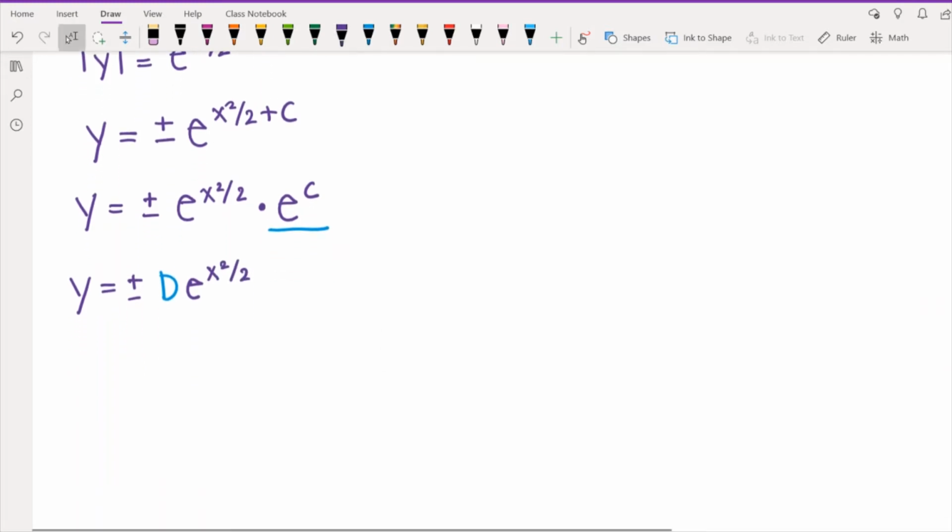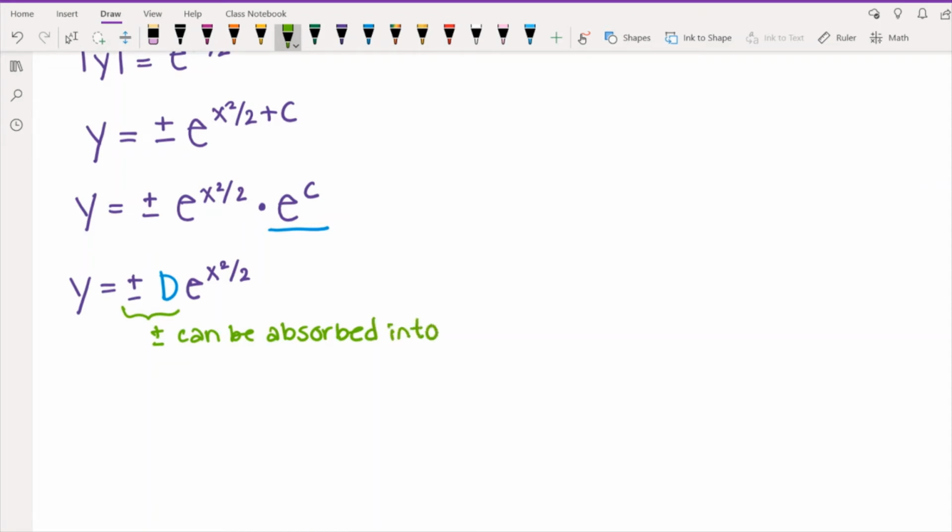But now we actually don't really need this plus or minus. So as it stands right now, because d came from e to the c, d actually represents a positive number. But we can kind of absorb this plus or minus into the d and just say, where d can be any number. So there's really no reason to have a plus or minus when you're multiplying with a constant, because we can just say, okay, well, maybe that constant's positive, maybe it's negative. We can kind of just absorb that plus or minus in. So the plus or minus can be absorbed